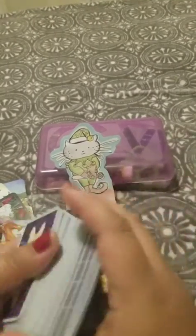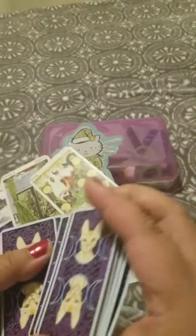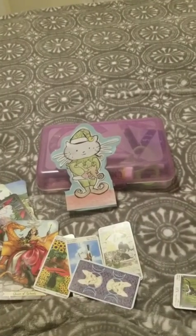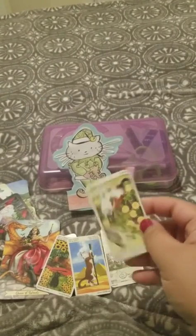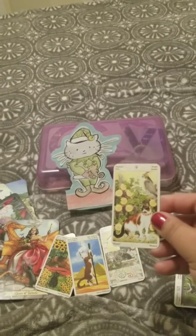And then last one, maybe. Oh, okay, we have 3. Okay, so we have the 9 of Pentacles in reverse. So this is like